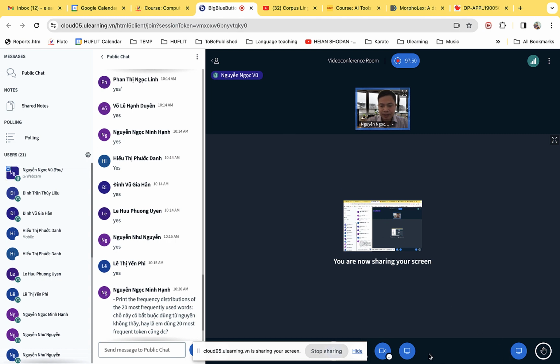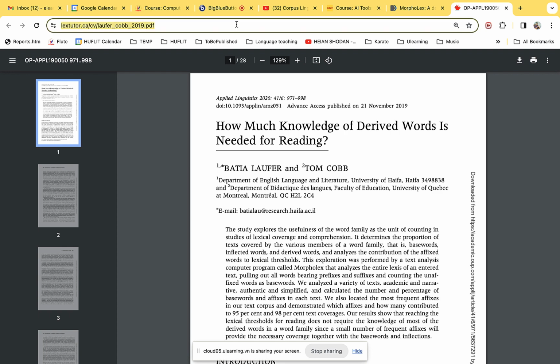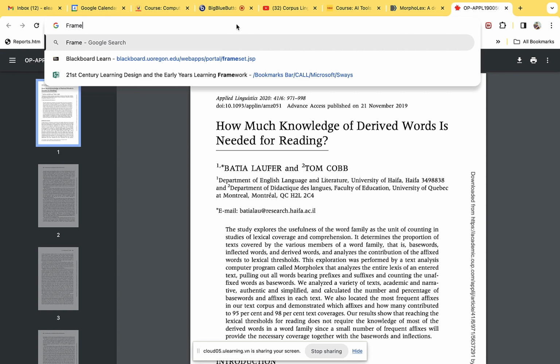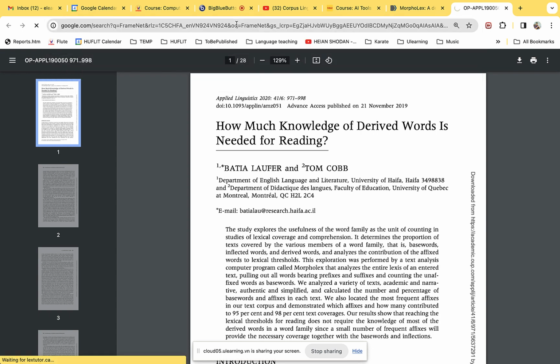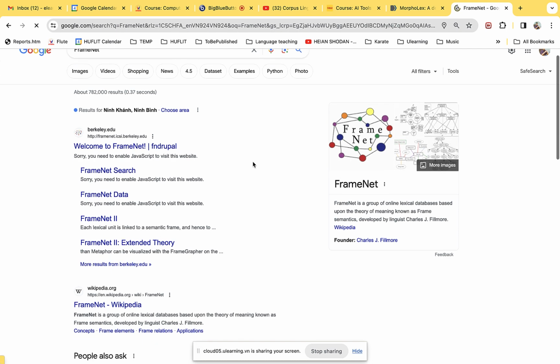Now the next corpus that I want you to explore is called FrameNet. So could you please also search for FrameNet too? Yeah. So FrameNet is a project of the